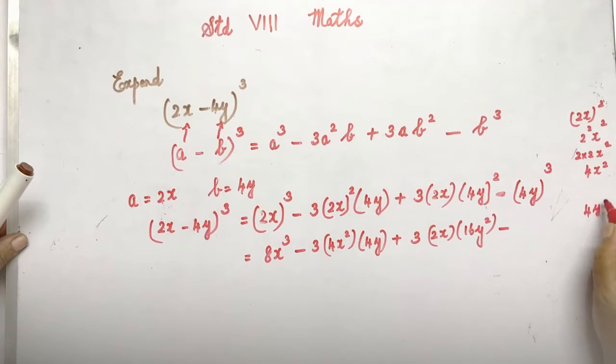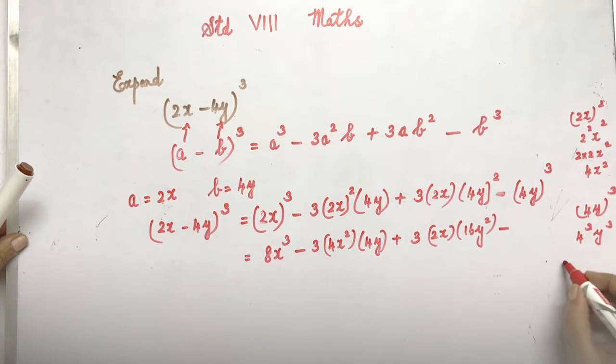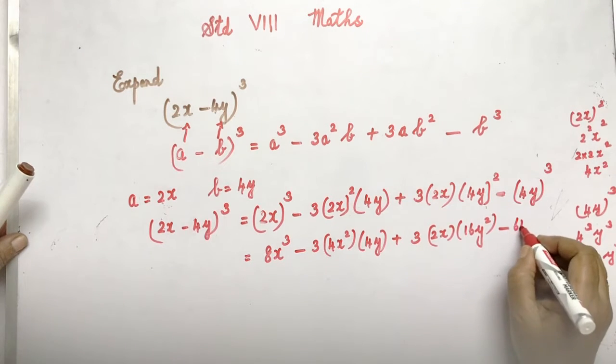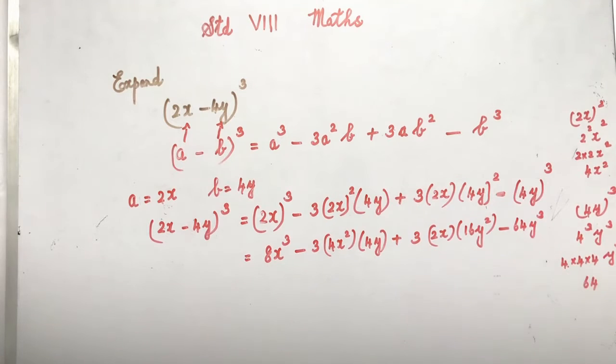So (4y) whole cube is equal to 4 cube y cube. For 4 also cubed, y also cubed. 4 cube is 4 into 4 into 4 y cube. 4 4s are 16, 16 4s are 64. So 64 y cube. Now this is 8x cube minus, now this fully we should multiply,